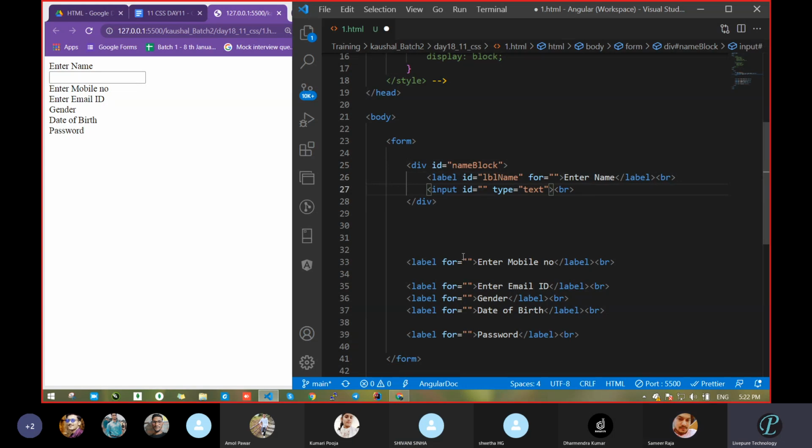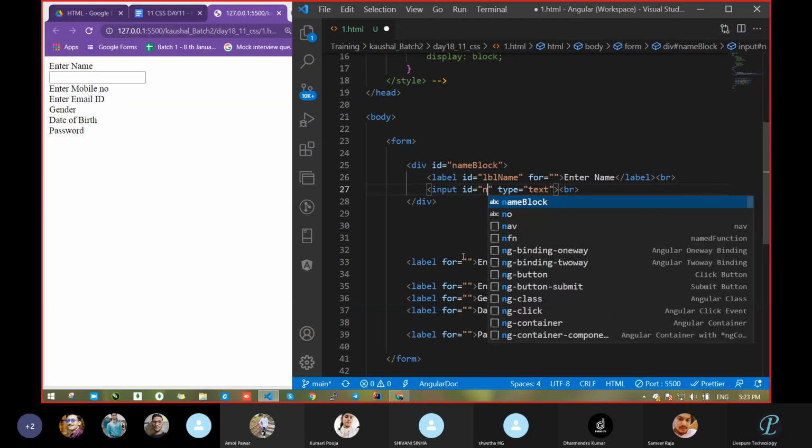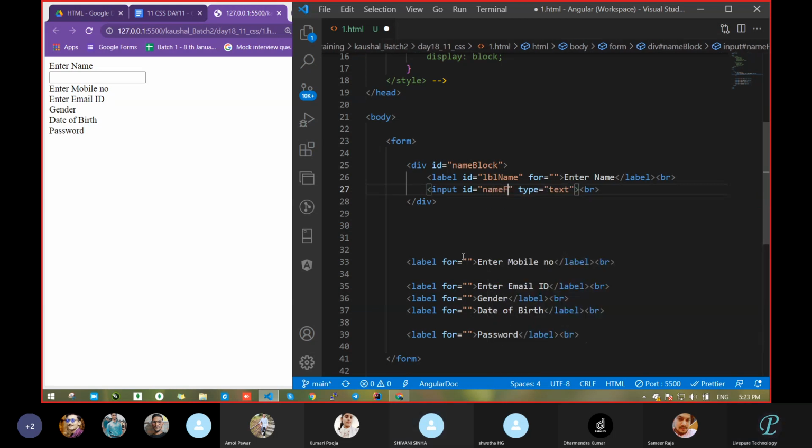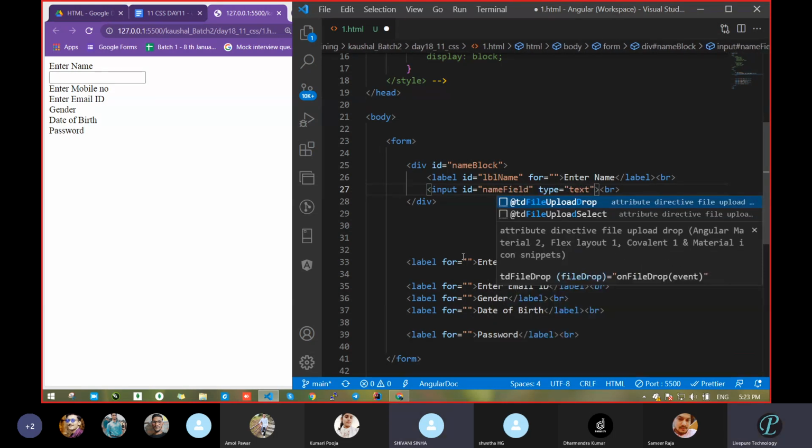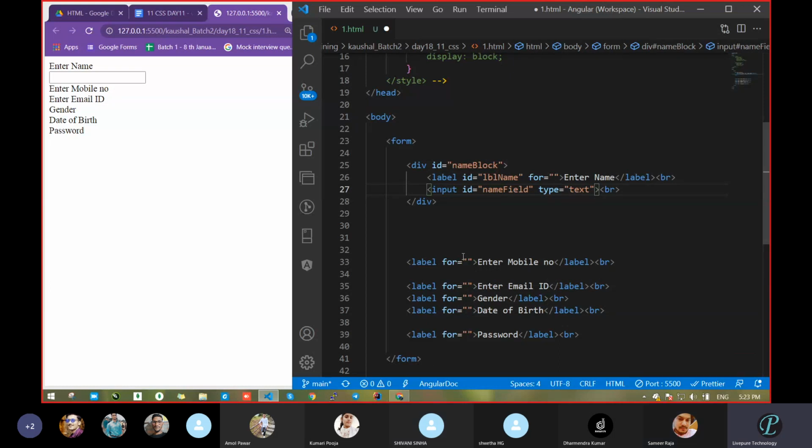That's not an issue. So what do you think about this one? This will again be the enter name input field, correct? So we can just pass input name, just write like this, name field underscore. That's it. Fine. Any issue up to this? Anyone?